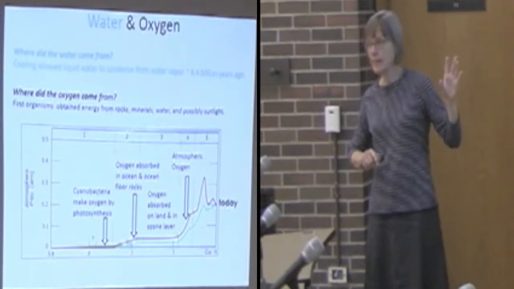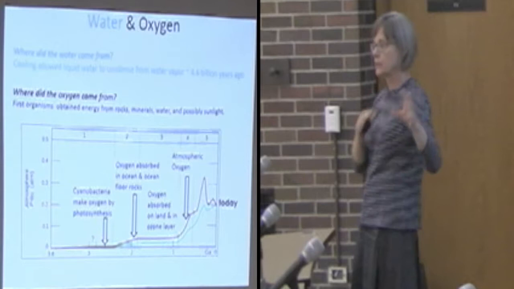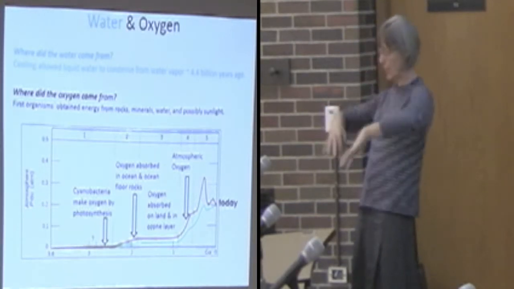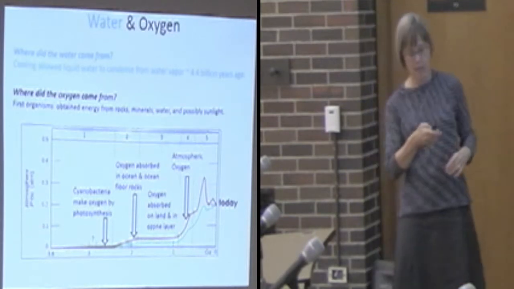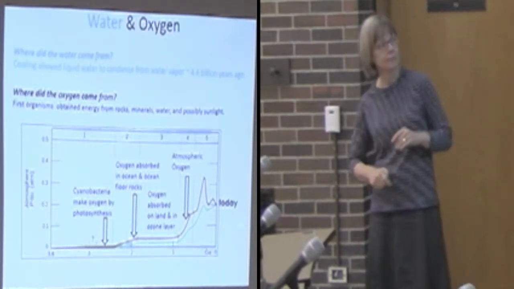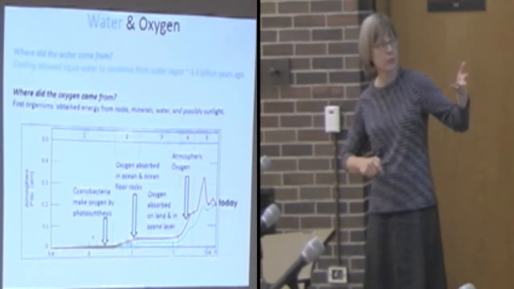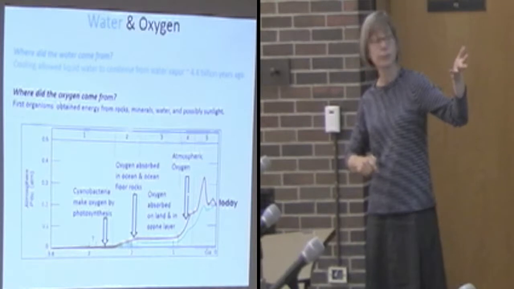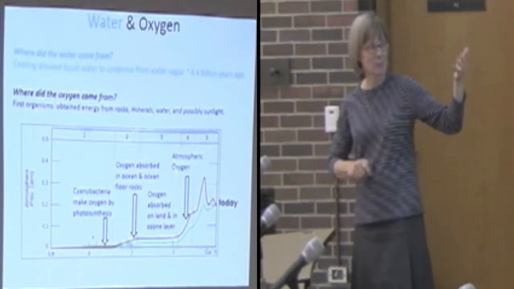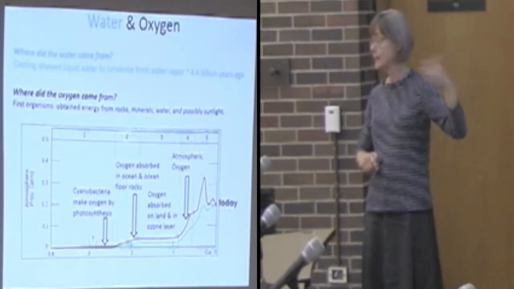So they started to make oxygen, and initially they were just making a little bit of oxygen, and the oxygen was absorbed by the water, by the oceans. It just went back in and dissolved in the oceans, or by the rocks that were on the floor of the ocean. And then as more oxygen was being generated, more organisms were living, there was more oxygen being produced, and the oxygen started to be absorbed on land and also to form the